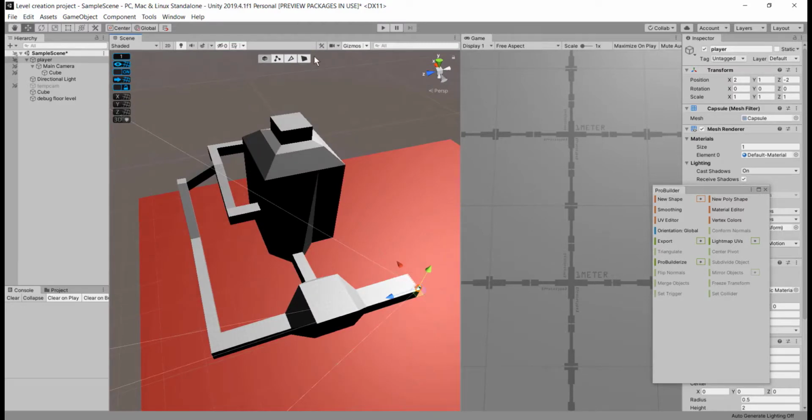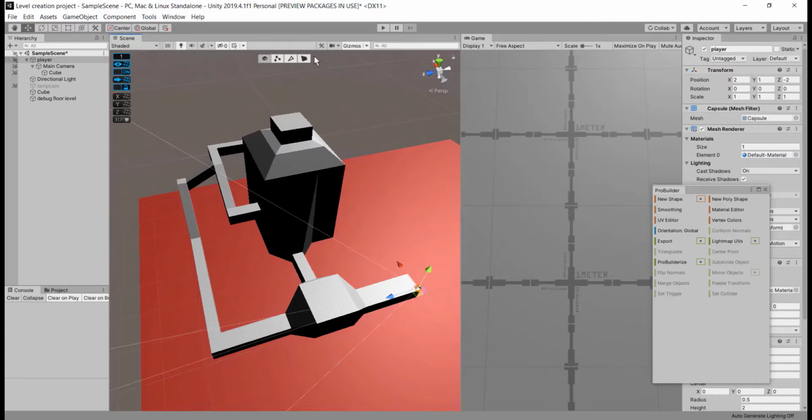Okay, we have a simple level with traversable paths and a central arena like structure. But there's a small issue with our level. What you see in this editor is the exterior view of our level.